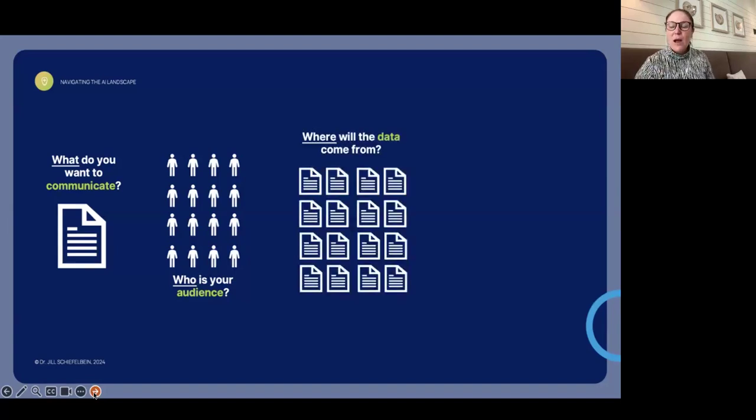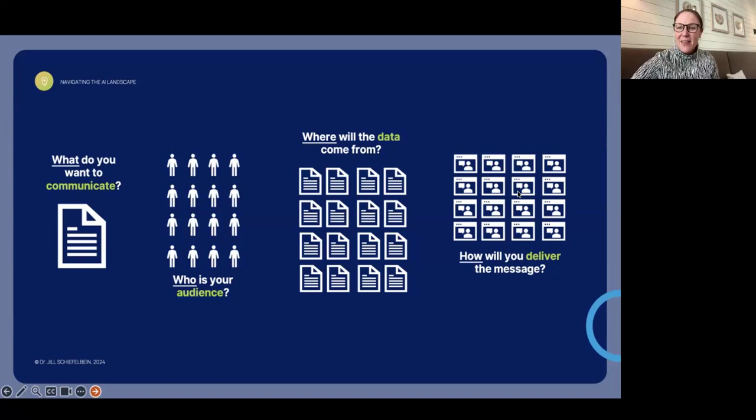You have to also then figure out where the data is going to come from. So for me, it's this one piece of information form. For other automations, for any of you that have, schedule a time with me, a meeting on your website, or maybe you use Calendly, the data that you're collecting from that can populate back to what you want to communicate. And then you merge it all together to deliver all of these videos at scale in automation.